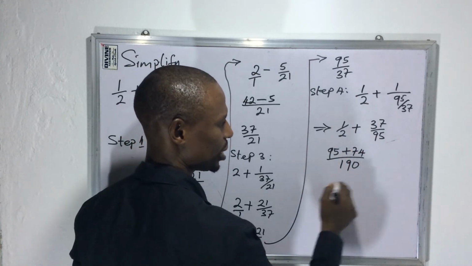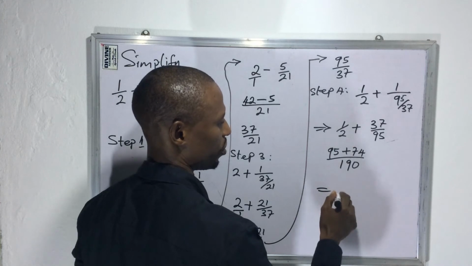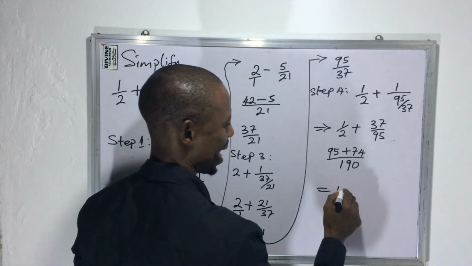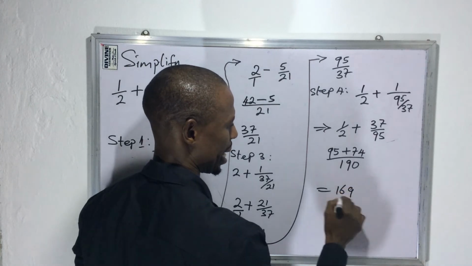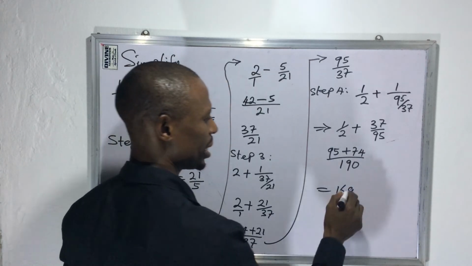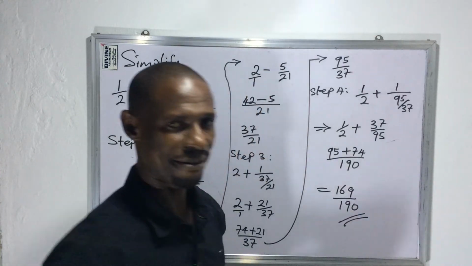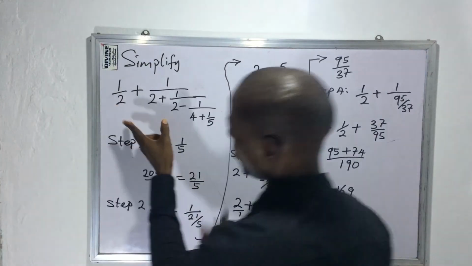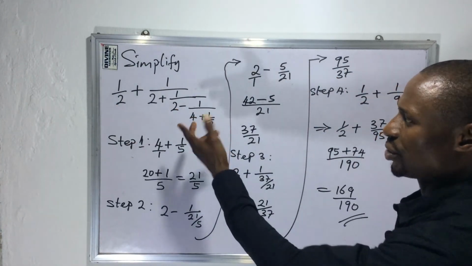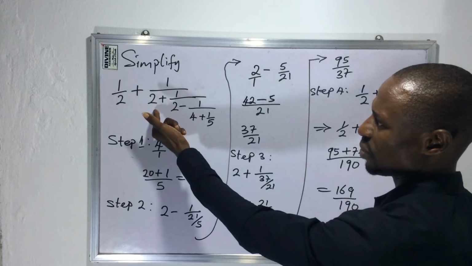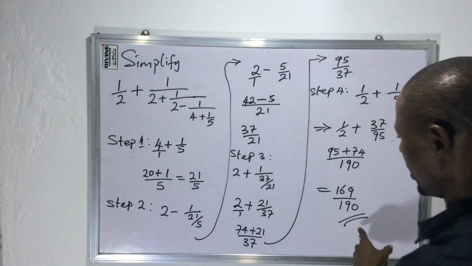If we add these together, this will give us 169 all over 190. This is our final answer to this complex expression. So when you solve from the bottom, you get to this point, and here you are. And this is your final